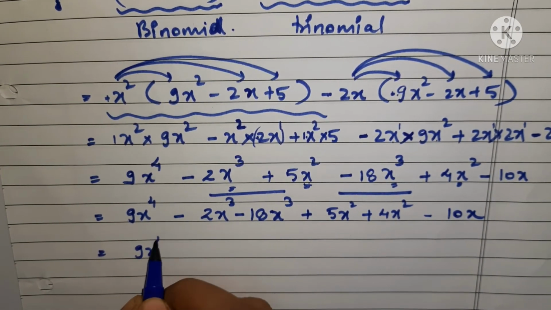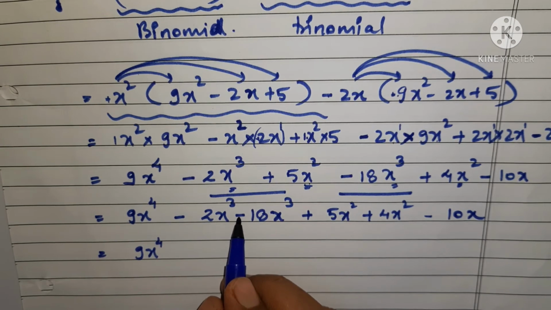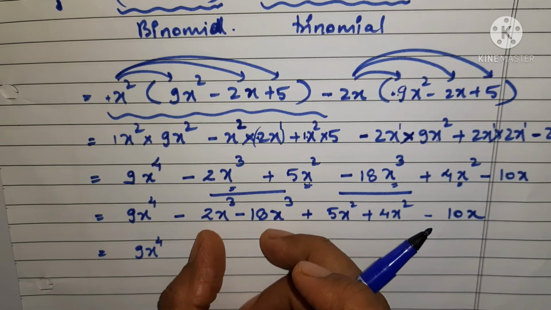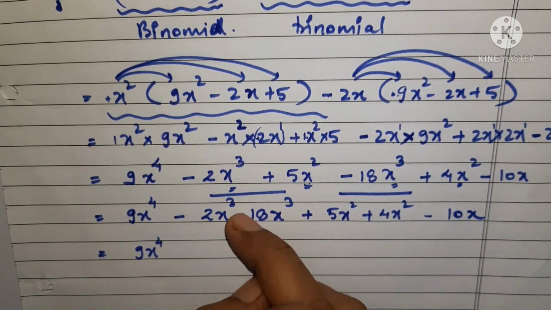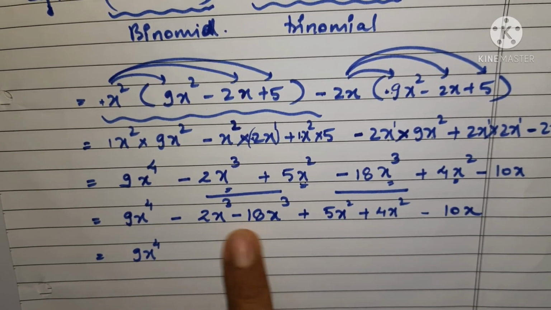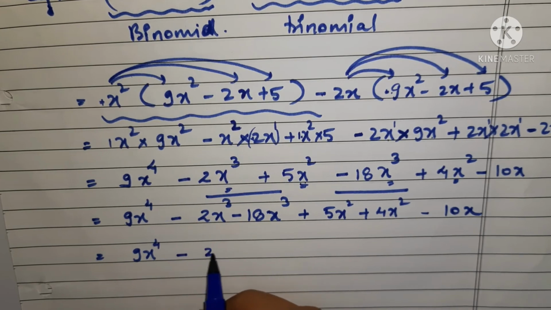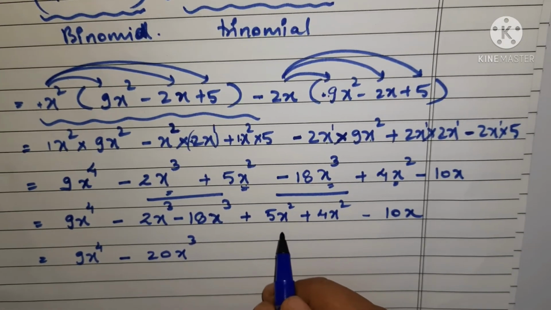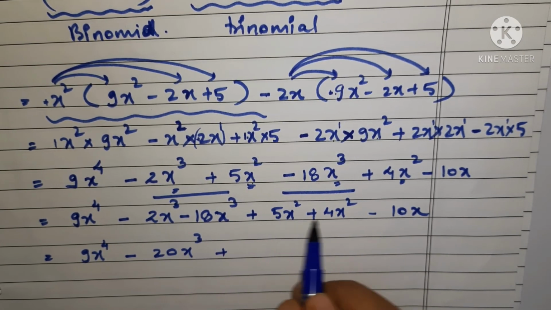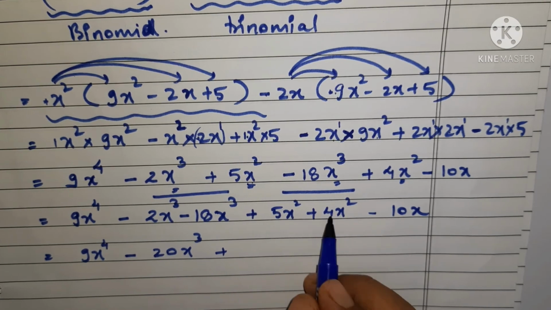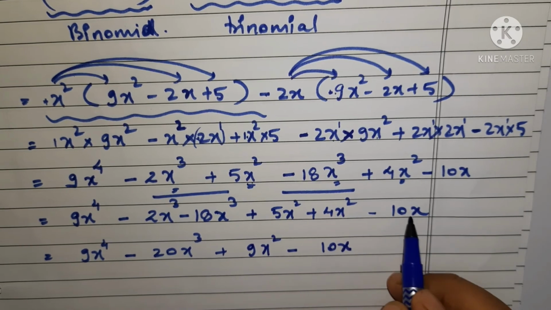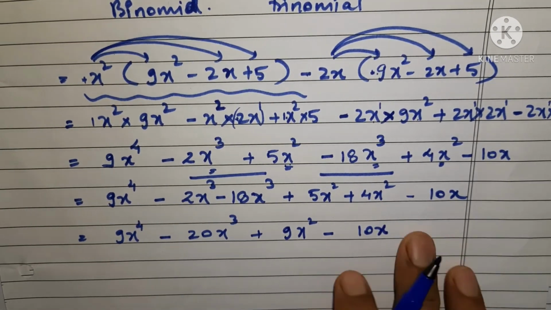Let us solve them. This is minus and this is minus, right? We are having two like terms and both are having minus sign. It means we are going to add. You know that when same signs are there, same signs are always added. So due to same sign we are going to add. It means it will be 20x to the power cube. What about this? This will give you plus, you can see here again the same sign is there, so you are going to add them again. It will be 5 plus 4, 9 and x to the power square, and then you will get minus 10x because no other term is there to be added or subtracted to this.